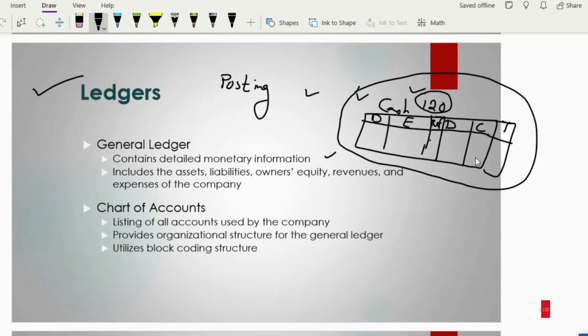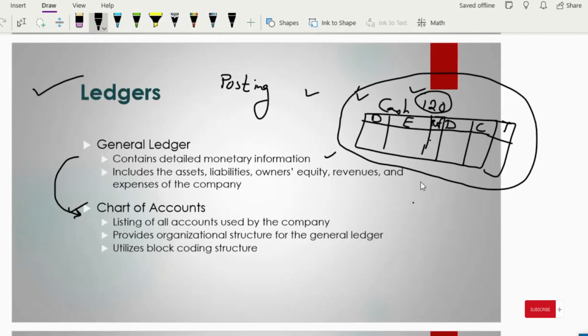We will have different ledgers for each and every type of liability account, each and every type of owner's equity account, revenue account. So we cannot club them together. So what is chart of account? Chart of account has a strong relation with the ledgers because it contains the list of all the accounts used